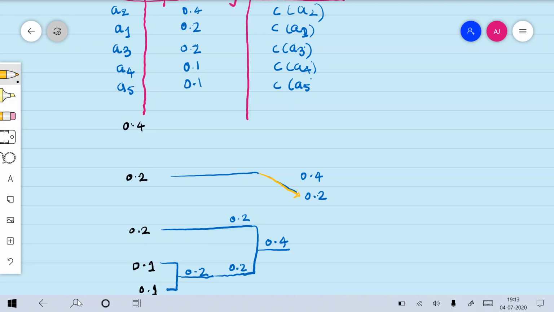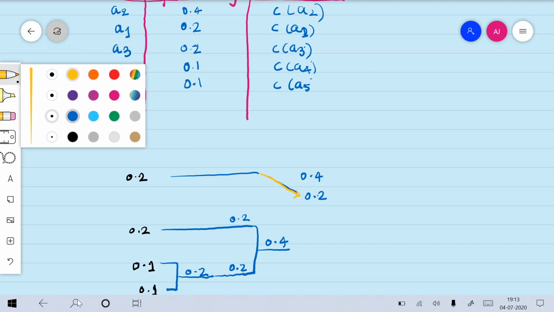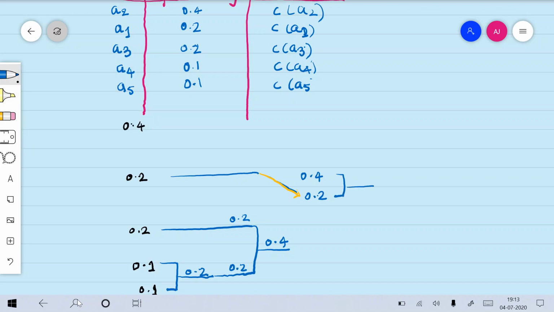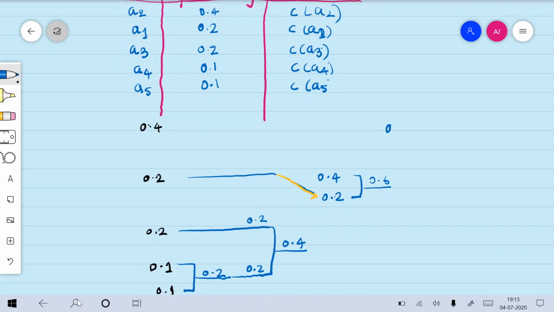So this is your 0.2. But then again you are going to add it. The rest of the things remain the same. You are not going to change the original procedure. So you have 0.6 here. Now when you have 0.6, and the next probability is 0.4, your 0.6 will come up and the other probability will be shifted down. So you have 0.4 and then you will write it as 1. This procedure you will continue till you get the addition as 1.